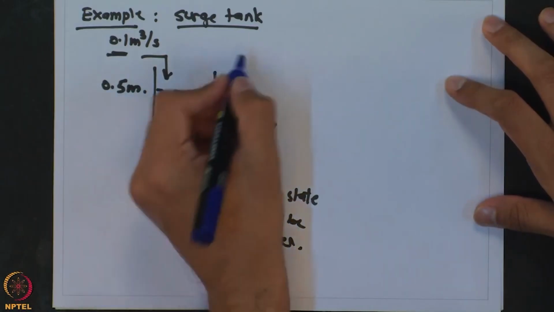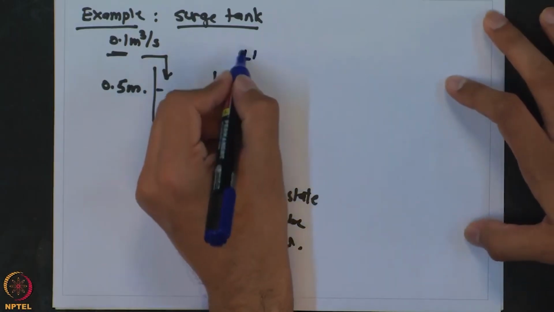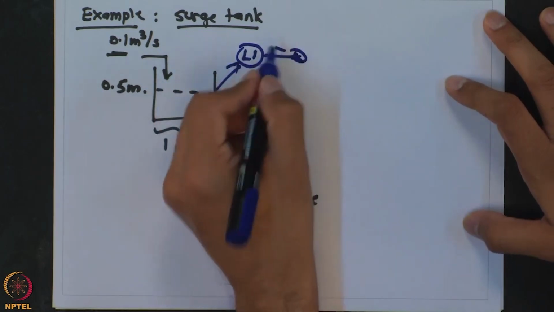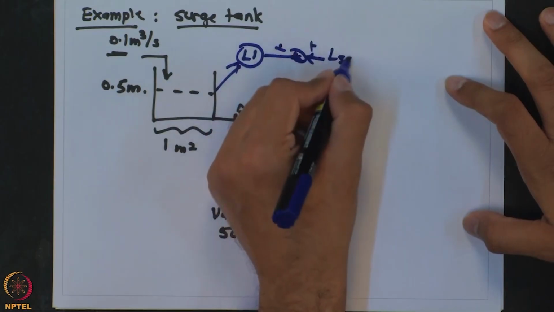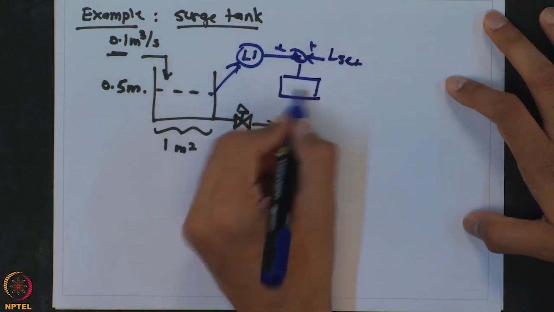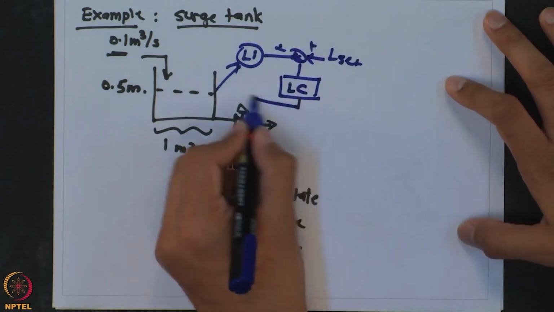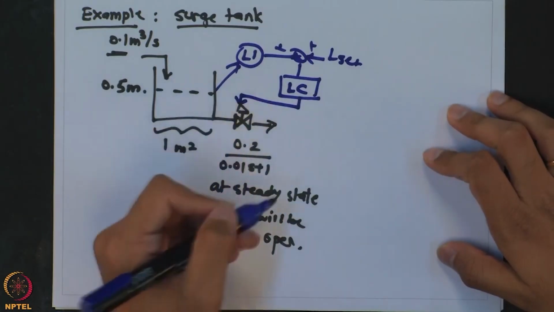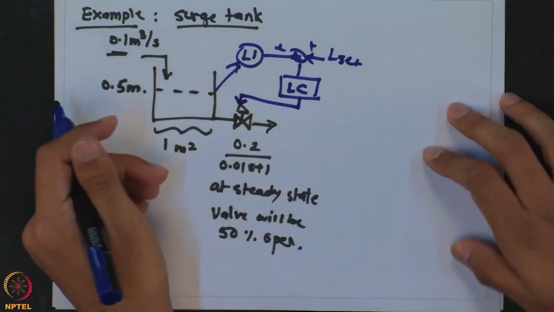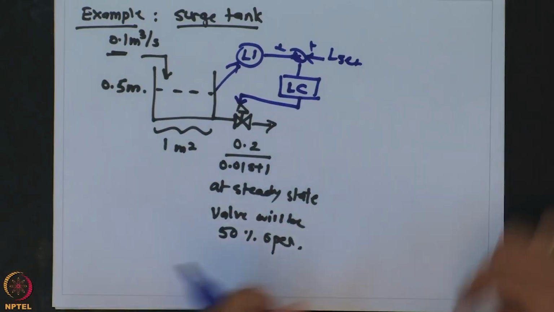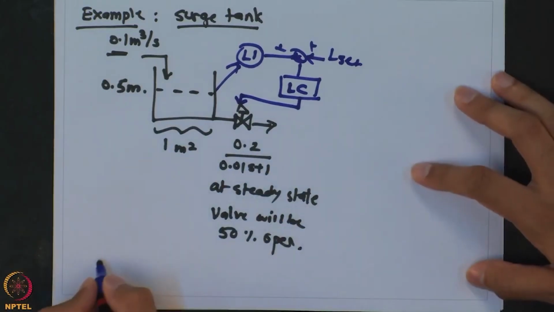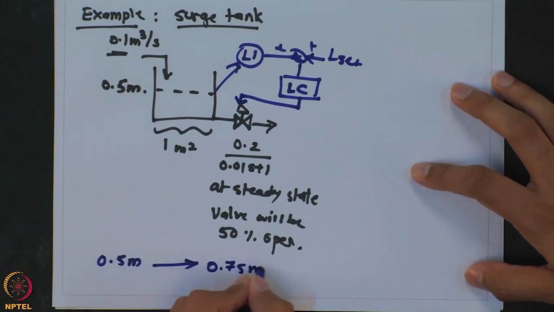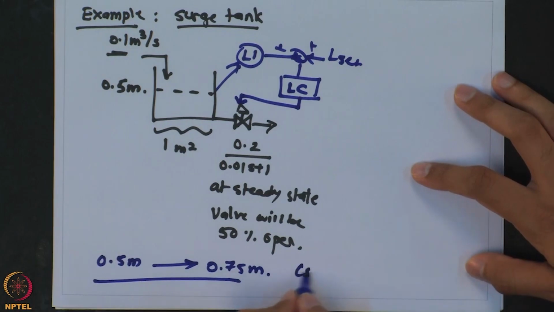So, we measure the level, so level indication, and then it goes to the comparator, and from that comparator it goes to the level controller, and the level controller will give a signal to the valve opening, and accordingly the valve will open or close depending on whether the height is at the steady state or not. And we are interested in moving the level from 0.5 meters to 0.75 meters. So, that is our objective. So, it is a servo problem,